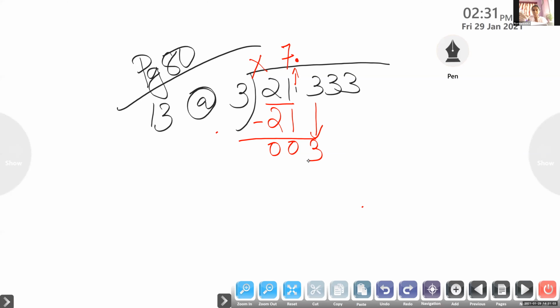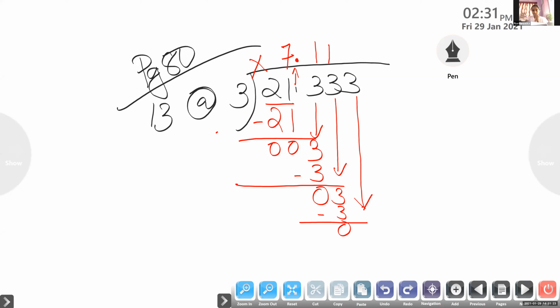3. Okay. Then divide by 3. 1. 1 into 3 is 3. Then subtract 0 and bring down 3 one more. 3 into 1 is 3. 1. Very good. Again, what do we have to do? Bring down 3. 1 into 3 is 3. 1. Okay, so children, check whether you got this answer. Very easy. Normal division. Only you have to place the decimal point here, then line up and put it here.